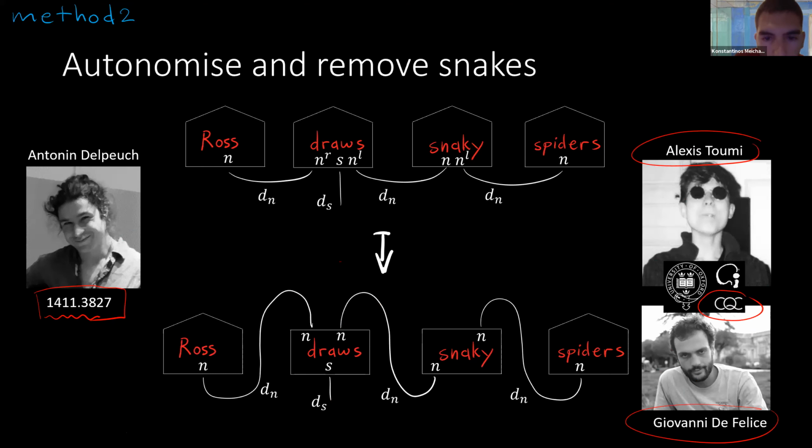But in diagrams, what this means is that you can take a state like this, like "draws", which is made of 3 types, right? It has 3 wires because it has 3 types, and some of the types have adjoints. Adjoints are these inverses, so the R and the L. So what you can do is replace the state by this box, and a box is a process. It has some inputs. This is how you write a generic process, and some outputs.